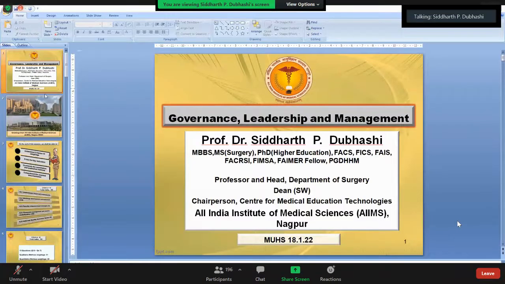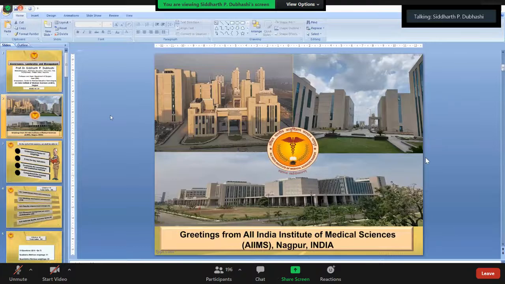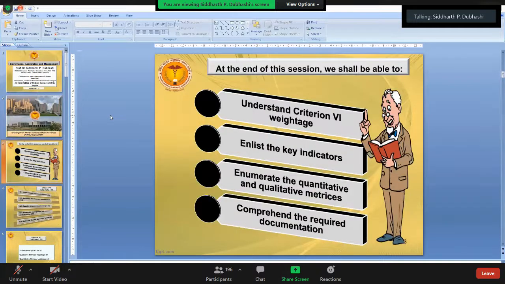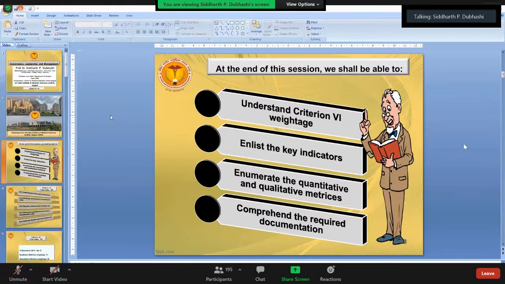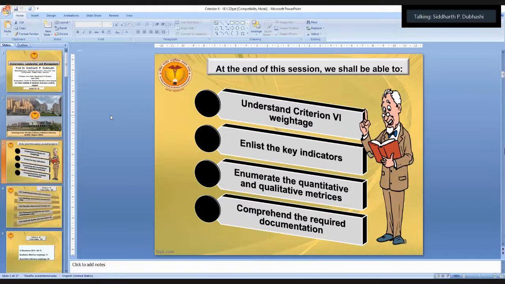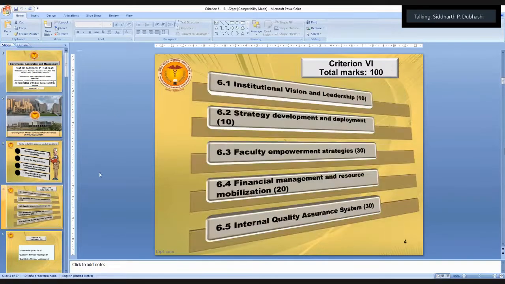Criterion 6 is related to governance, leadership, and management. Ladies and gentlemen, at the end of this session, we shall be able to understand the weightage for criterion 6 and its key indicators, enumerate the quantitative and qualitative metrics, and comprehend the required documentation for this particular